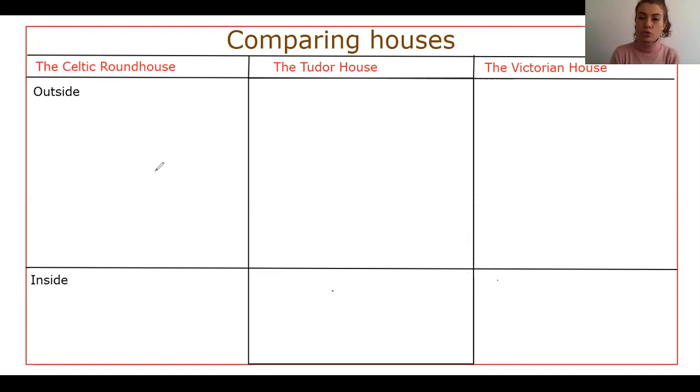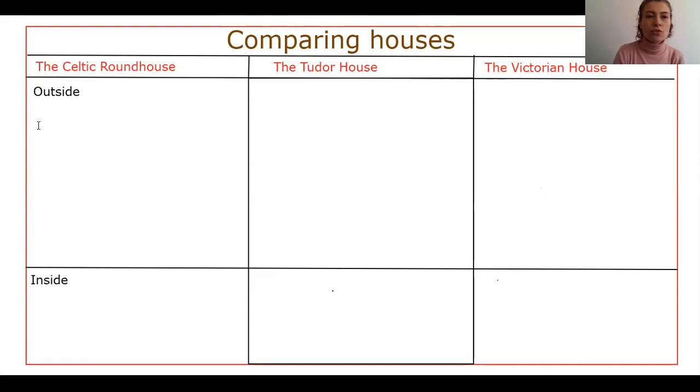You can have your drawings with you, so we can write about the three types of houses together. Okay, so let's have a look first of all at the Celtic roundhouse. Pick up your drawing about the Celtic roundhouse and we will write over here the key features of the Celtic